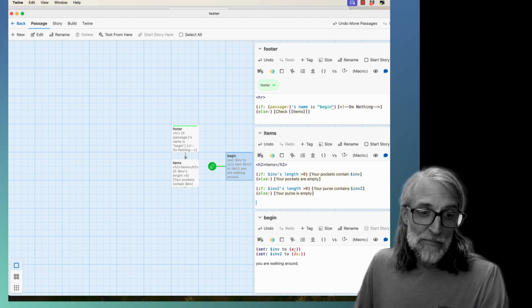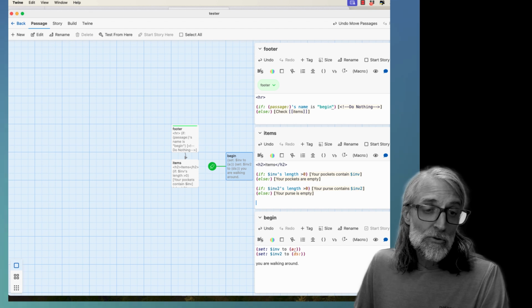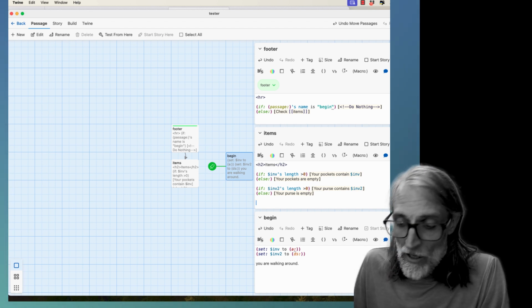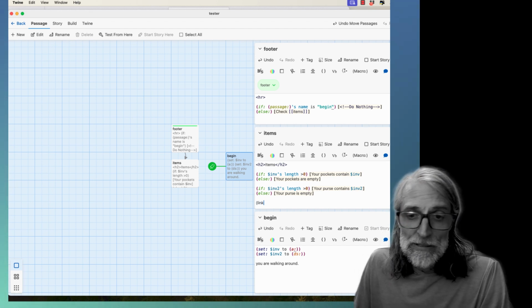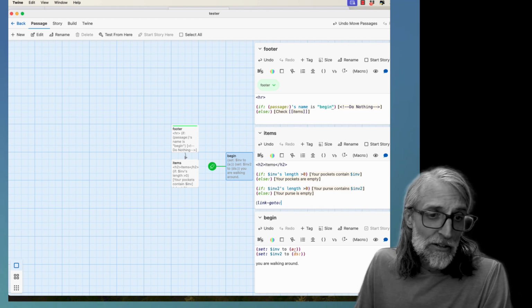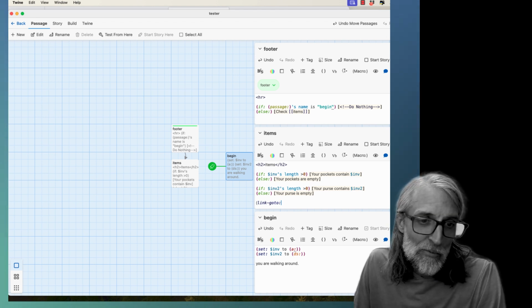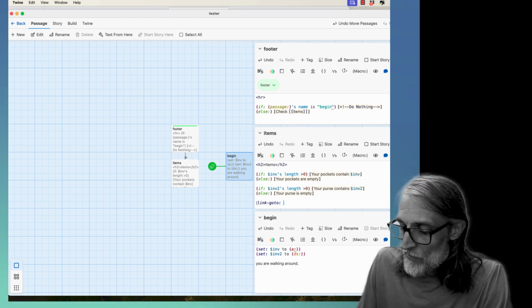And down here you can see in begin, we've created those variables. So it's going to call to those variables and check whether we have added anything to those. And we'll get to how to add those. But I'm also going to give the players a chance to go back. I don't want them getting stuck in